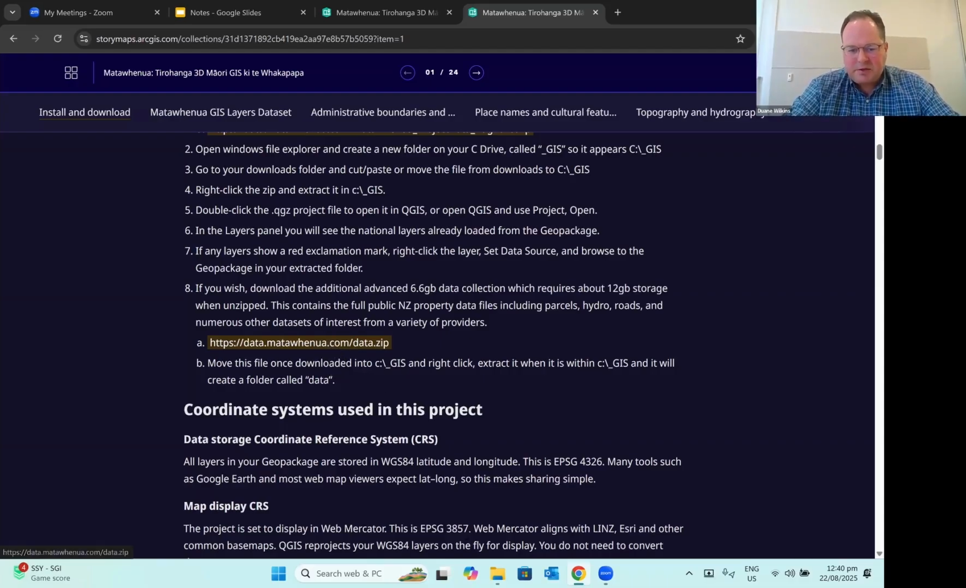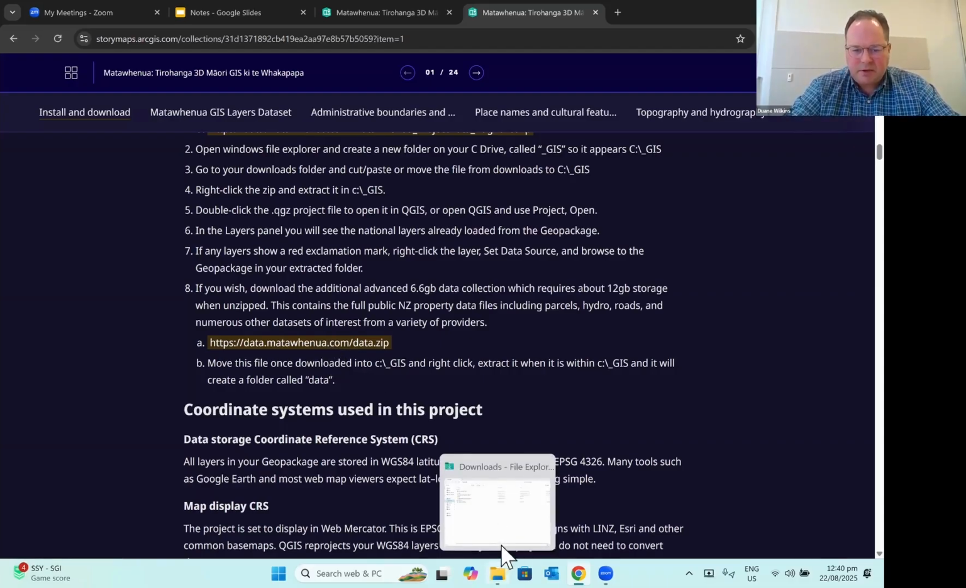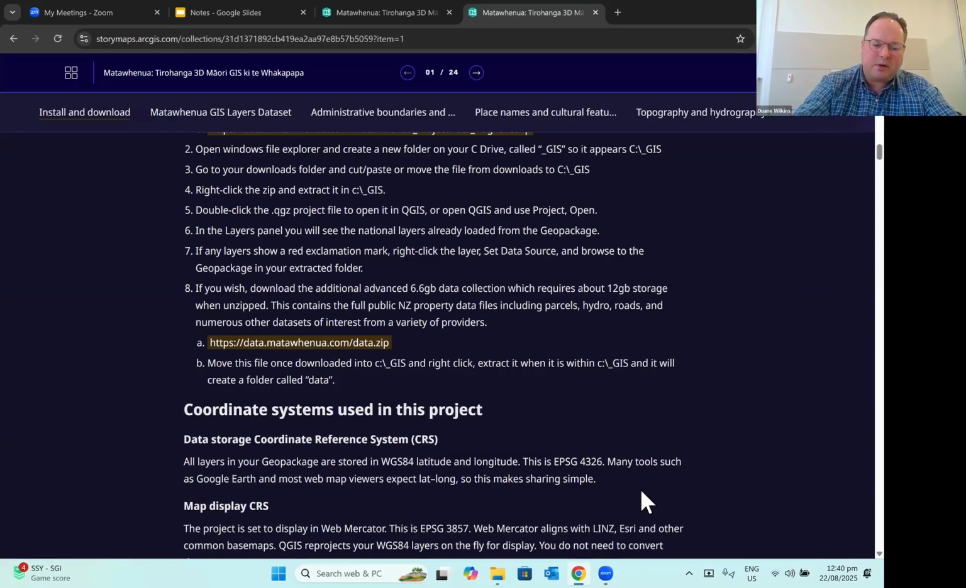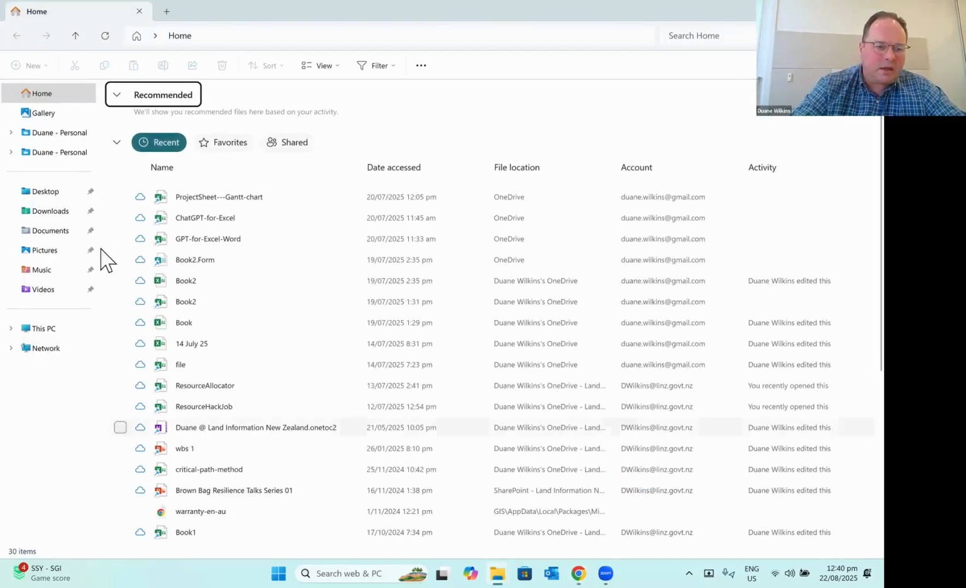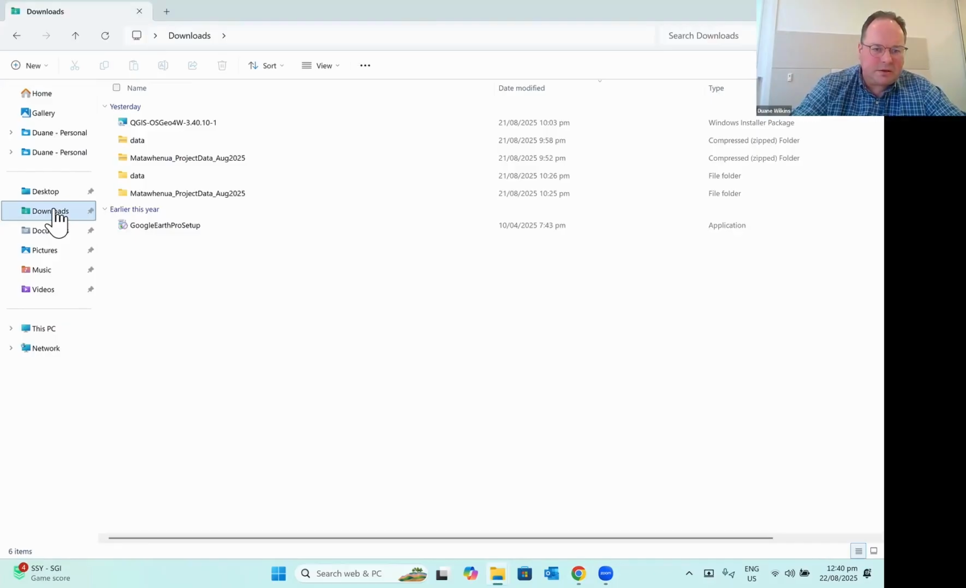So once you've downloaded those couple of files, then what you want to look for is Windows File Explorer. And the way I find that is I go Windows plus E. And then I go to Downloads. And here is my QGIS download, that first one. And here is the 1.7 gig project data zip. Sorry, there it is. And there's the data. So 1, 2, 3 files,